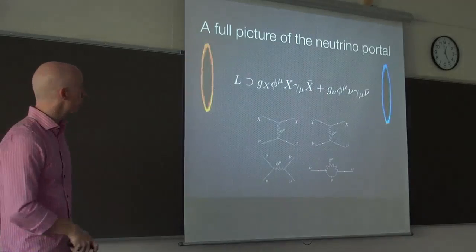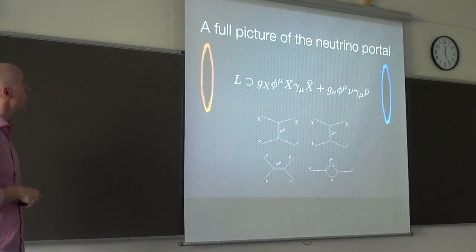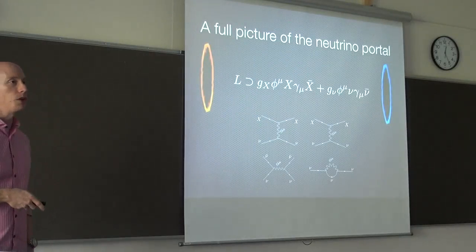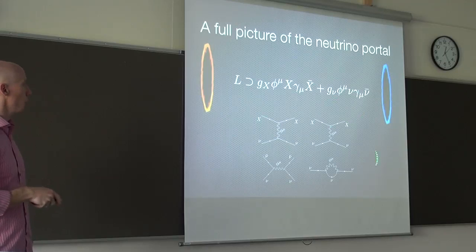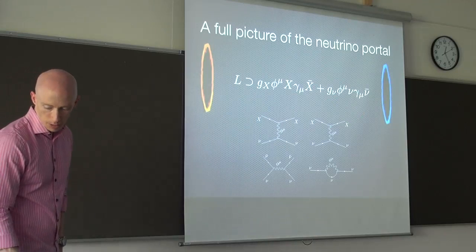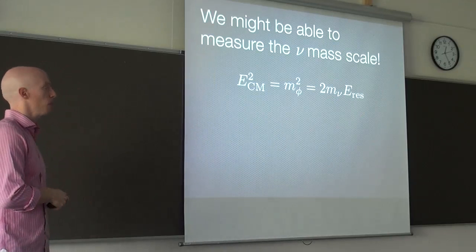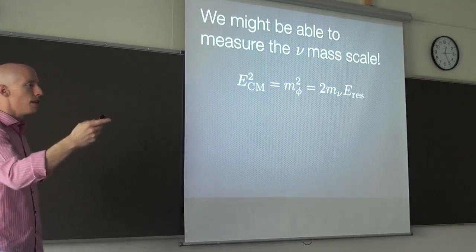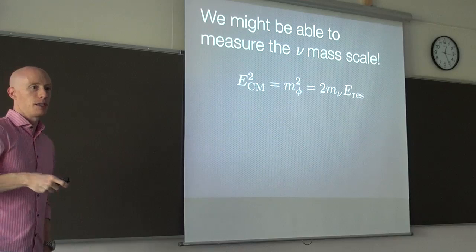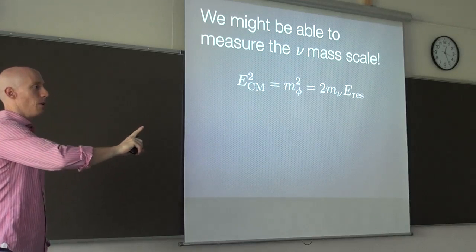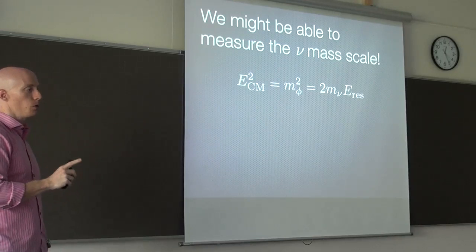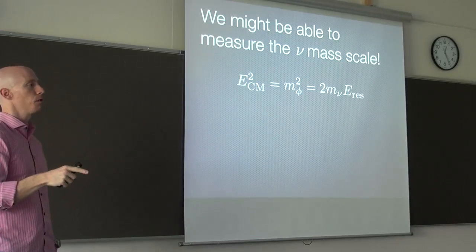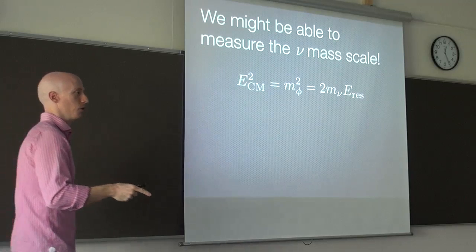So that gives us our full picture of the neutrino portal to the dark sector. You have a Lagrangian that couples dark matter to itself and neutrinos to themselves, and these two to each other through these interactions. And just as icing on the cake, if these absorption features continue to persist, and it's worth pointing out that of every model in existence, this is the only model that had its fit improve with increased data after this latest data release,